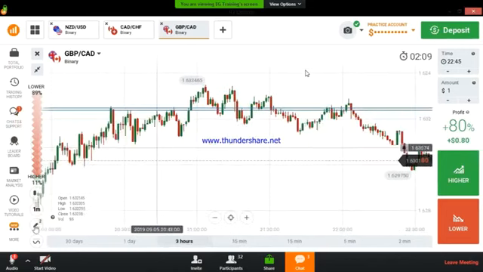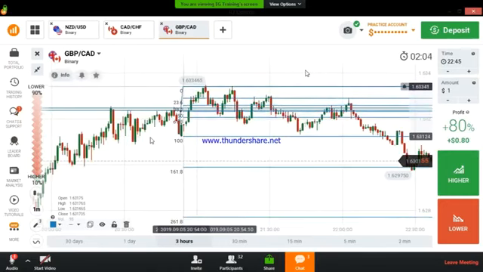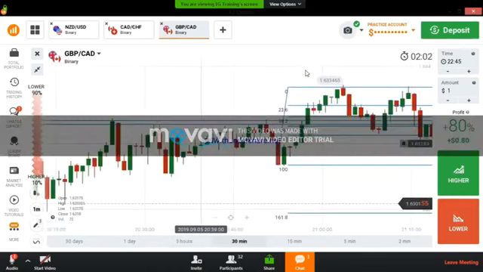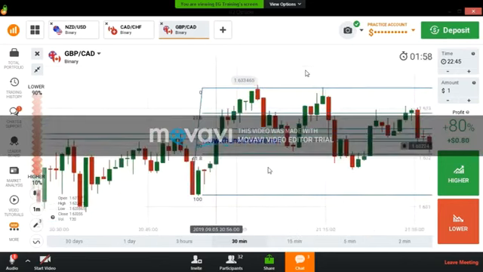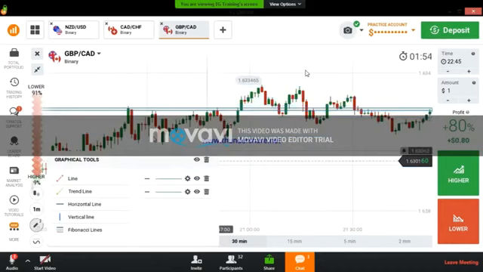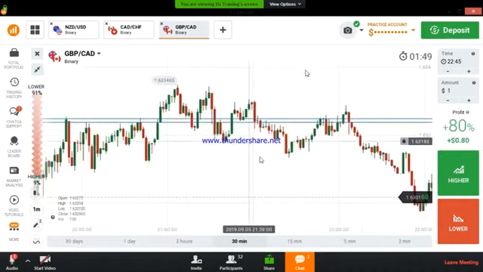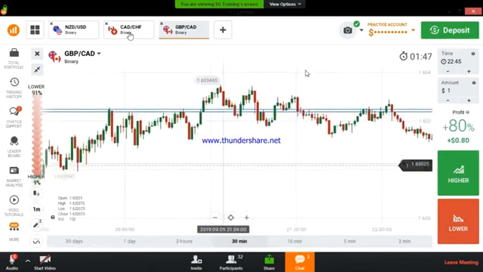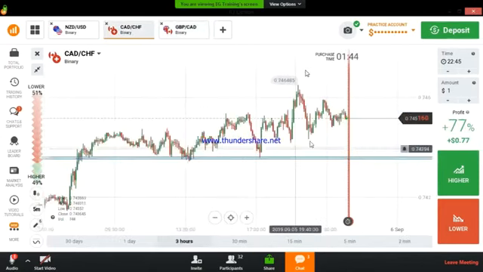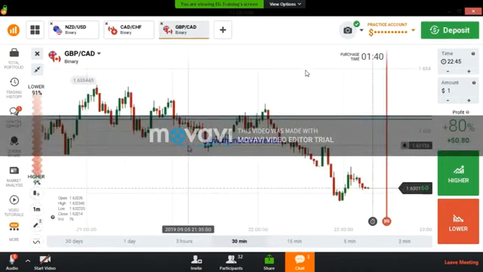In these 6 levels, we have only one level. The level is the 50th level. We can trust this level only. We can't trust all levels. These are all SNR levels, but we can't trust all of them. We can trust only this level. If you draw a strong level, draw it and leave it, it will help you to trade in the future too. Okay, these are the 2 ways to draw a strong level.